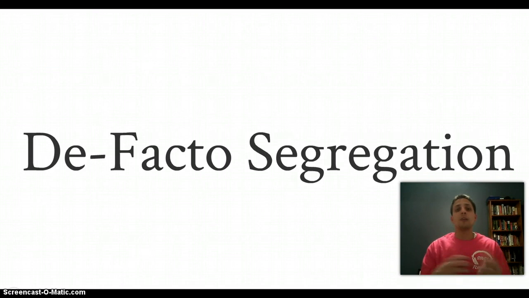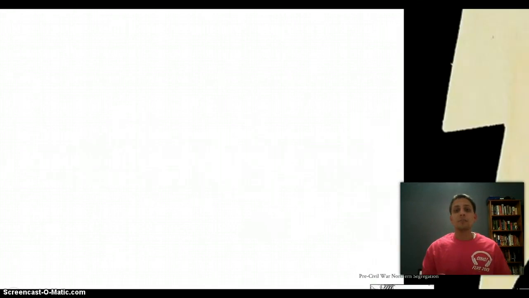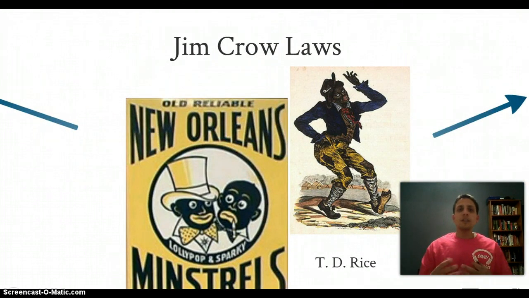It's also very frowned upon socially, and so it's kind of just a social immoral. You just don't do this. You don't mix the races, either in the North or in the South. And so you do end up still with a lot of segregation in the North, but it's just not by law segregation. Now, what's going to start to happen in the South is that it's going to adopt some of the old Northern segregation laws post-Civil War, post-Reconstruction. And so they model them after the Northern laws.